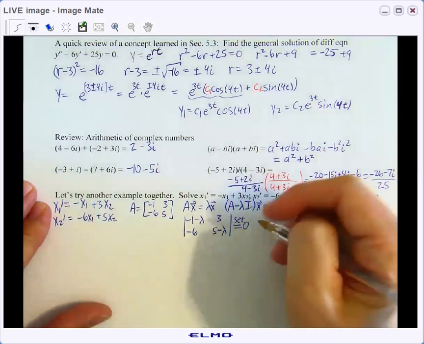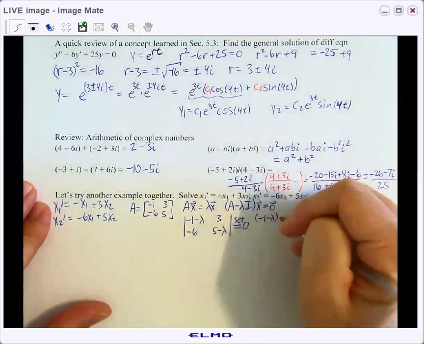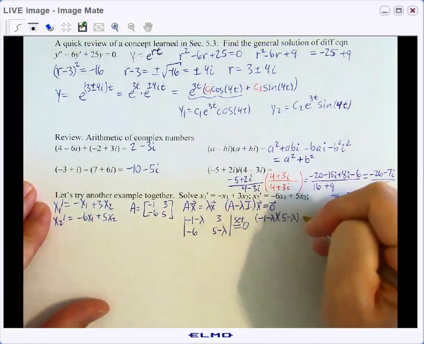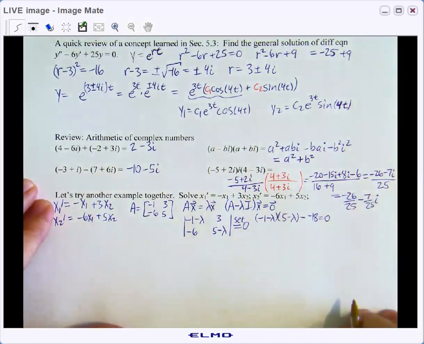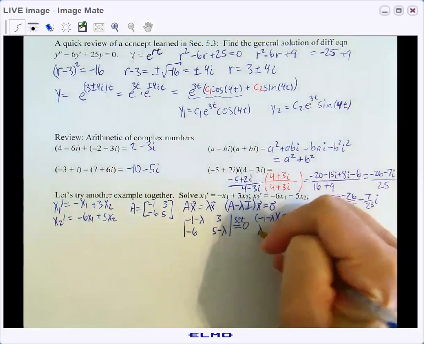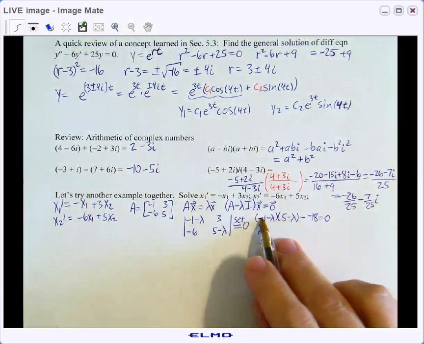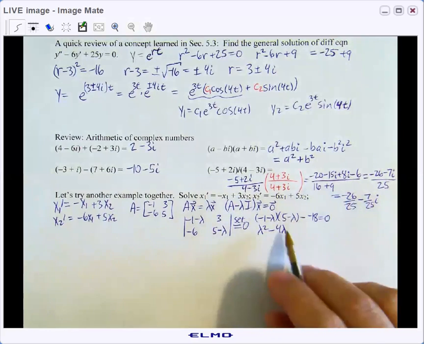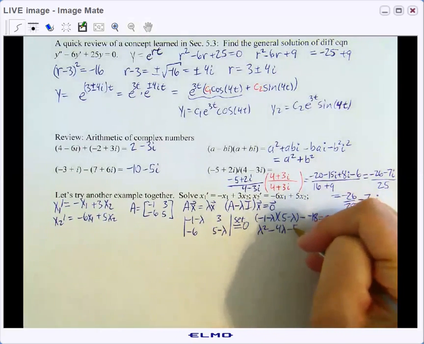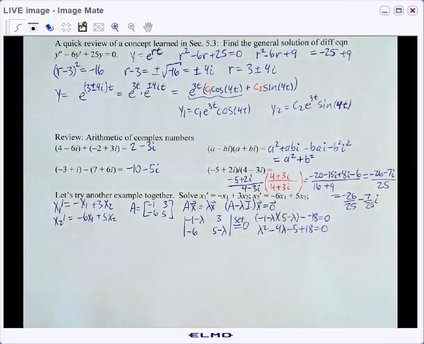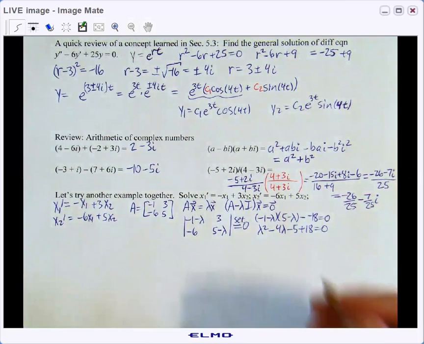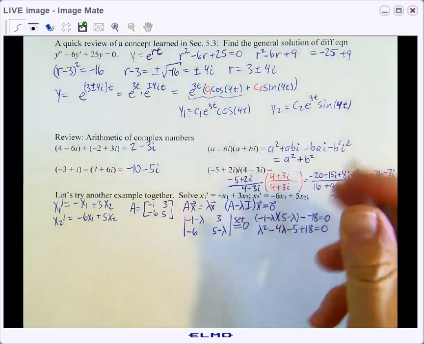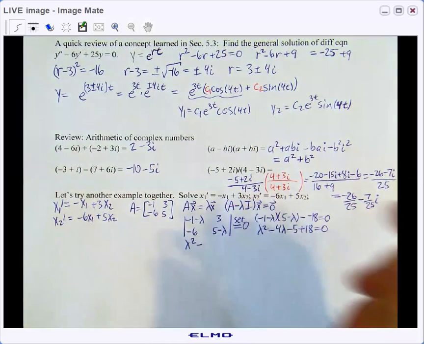And when we do that, we get -1 minus lambda times 5 minus lambda minus 3 times -6, which is -18, equals 0. And let's see what we got. So we've got lambda squared. We get a plus a lambda minus 5 lambda is minus 4 lambda, and then minus 5, and then plus 18. Okay. And let's see. So that gives us lambda squared minus 4 lambda